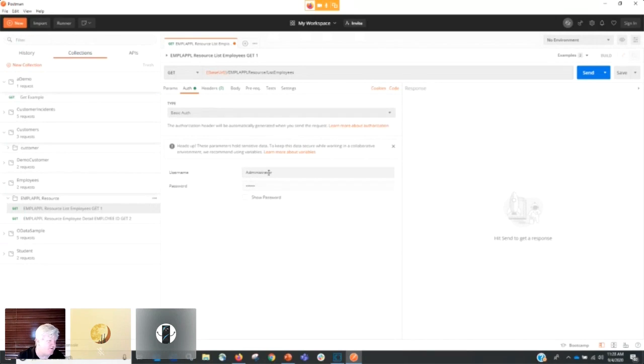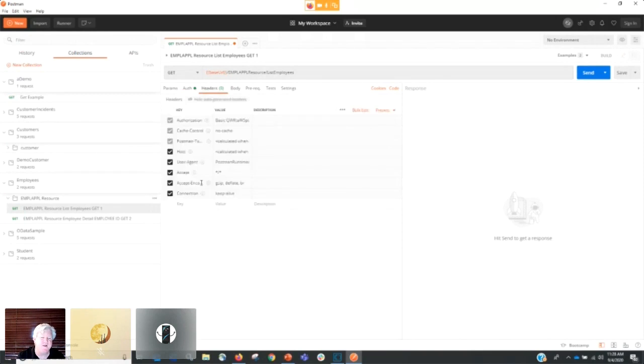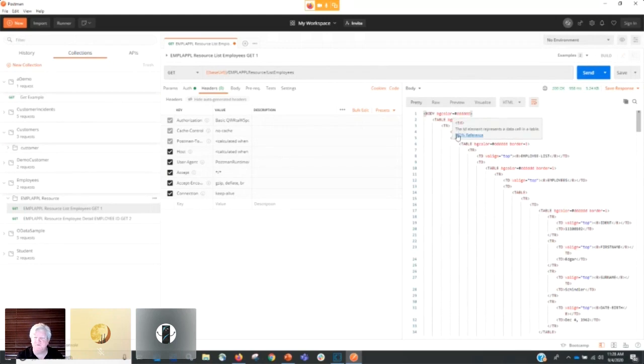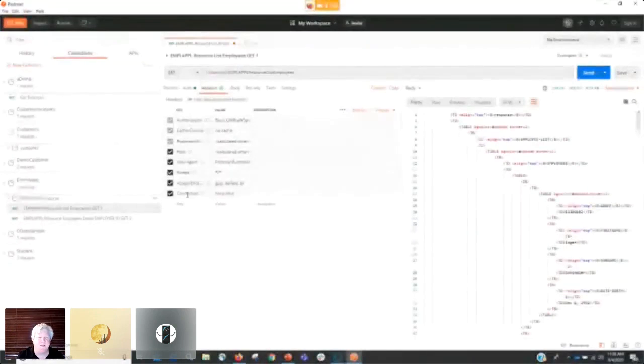This is passing the credentials not of the mainframe, but of the published-out service. And then in the header section, I can tell it what format I want to use. So let's first just do a simple send here. It's probably going to time out. So it returned those services in a text, in an HTML format, but I can say, you know what, that's kind of ugly. So we're going to say we want to accept